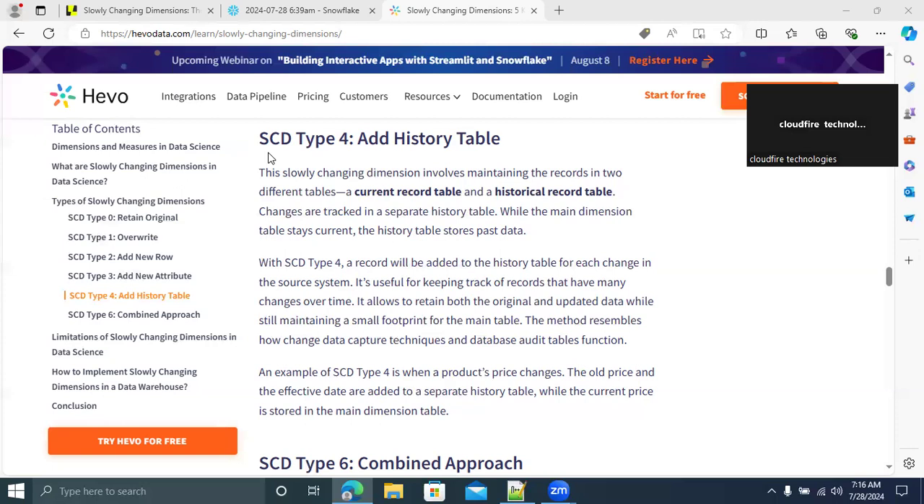As of now, we have seen various SCD types: type 0, type 1, type 2, and then type 3. Now, we're going to see type 4. Type 4 is similar to type 2, but small changes will be there between type 2 and type 4. In slowly changing dimensions, we maintain the records in two different tables. But in SCD type 2, we'll maintain all the